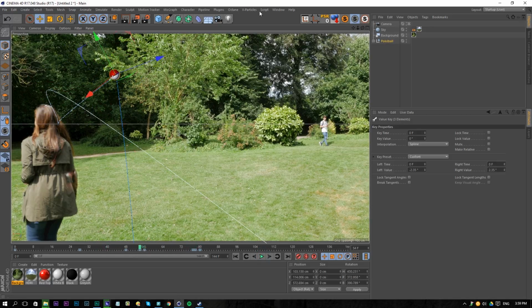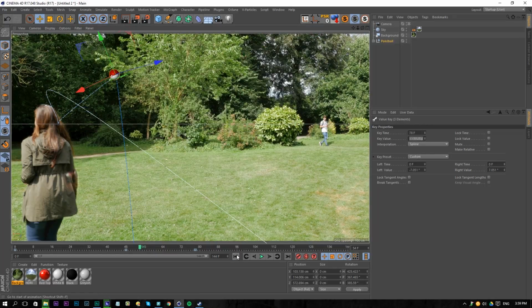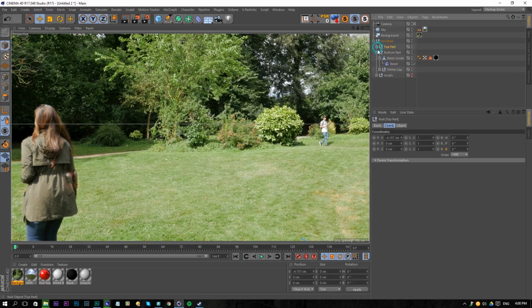Perfect. So right here it still needs a little bit more time, so I'm going to try and fix that. And also remove it at the end here. Okay, and let's check this. Perfect. Okay, so now we have our throwing Pokeball, and then we should just go and open up our group of the Pokeball. Click on the top part, and then just move over here towards this point, and then I think it's the pitch here. No, it's